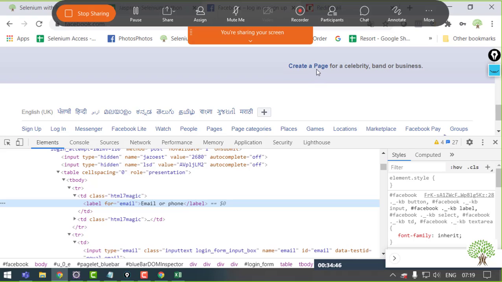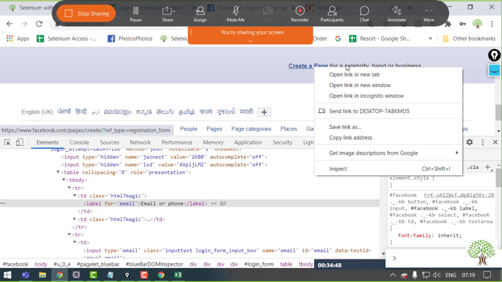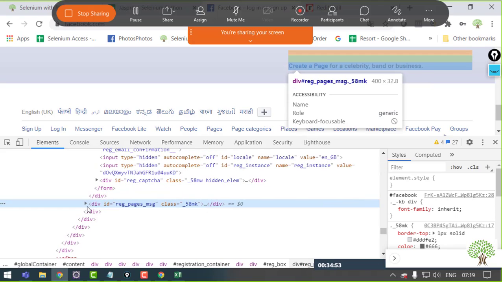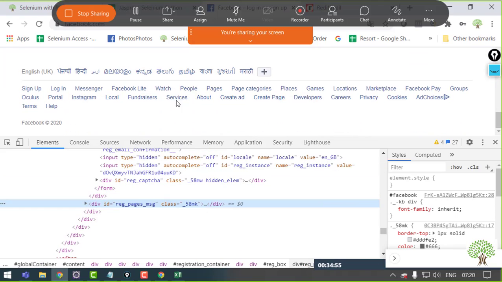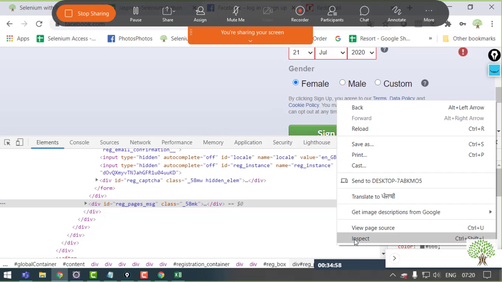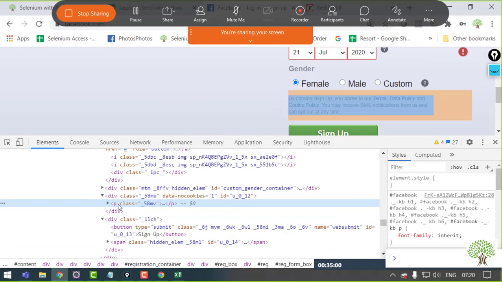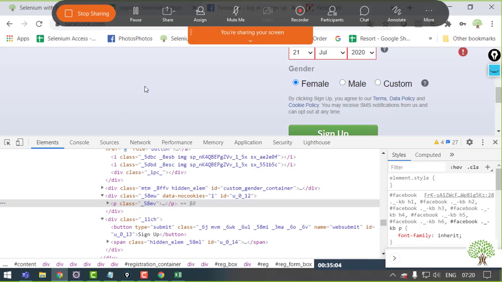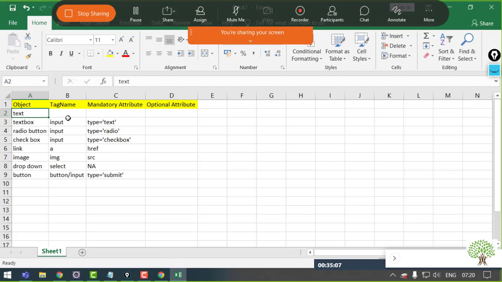And if I look at this create a page, this is a link, so this is inside a div tag again. Right, so anywhere I am looking, all the text I am looking for is inside different tags. It's inside a p tag. Fine. So the text is not bound with any tag name. It can be inside a div tag, a u tag, i tag, h, p tag, label tag.